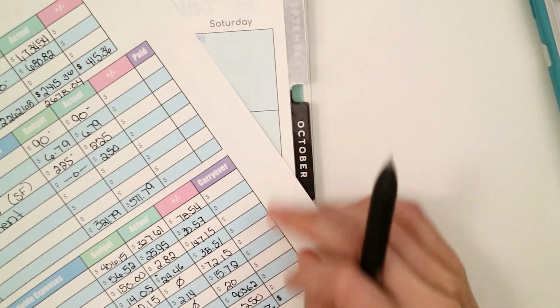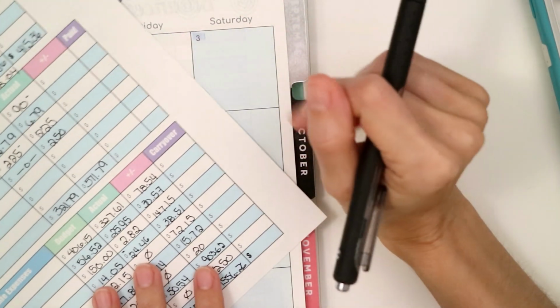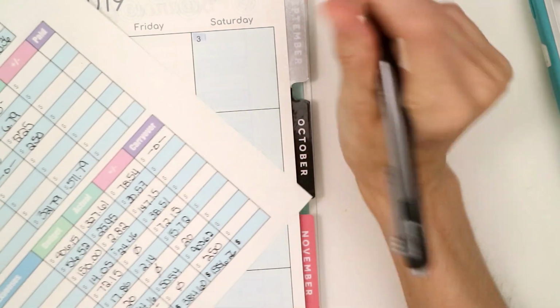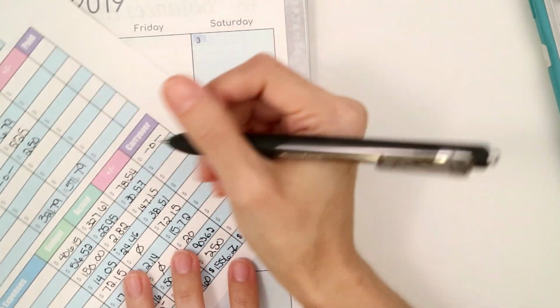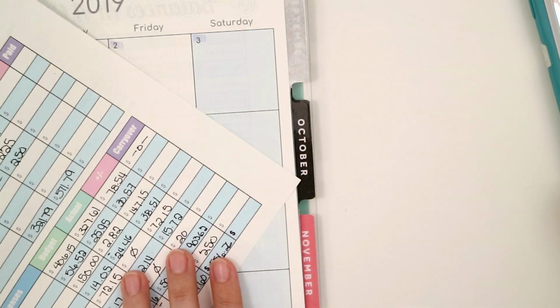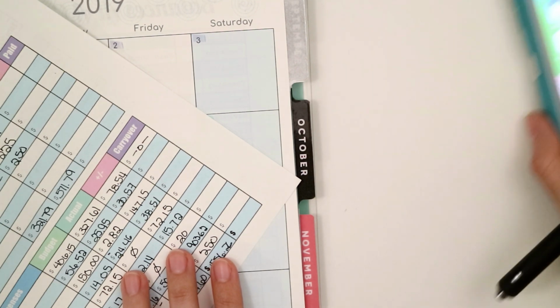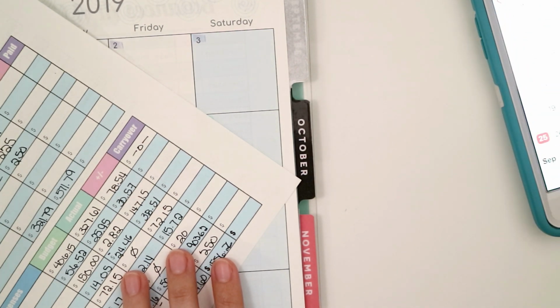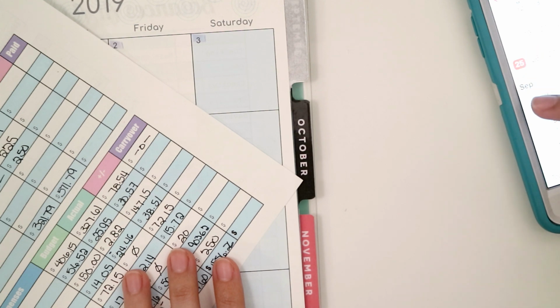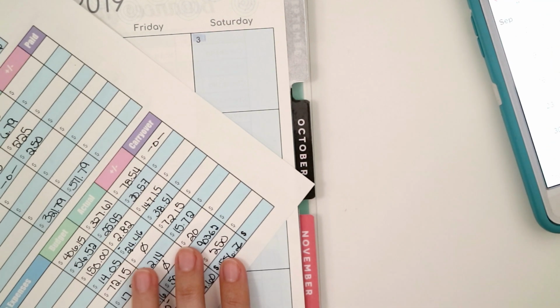As far as carryover, I'm not going to carry over groceries because I'm pretty stocked up with everything that's like non-perishables. Restaurants, really got nothing, no events, I don't think, in this coming pay period. Let me, what is the 30th? Nope. I don't know what that is. Alright, so I have no real events coming up, so I'm not going to carry over